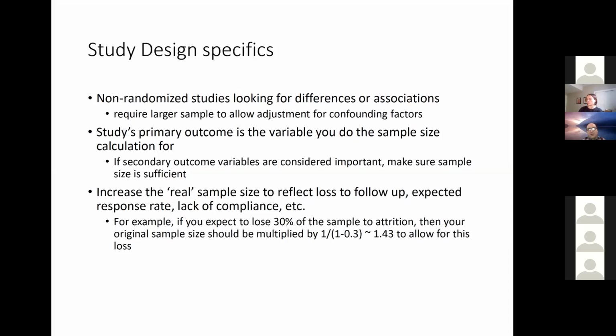So kind of the distinction between primary outcomes and secondary outcomes is that the primary outcome is the one you do the sample size calculation for. And then, if there are secondary outcomes that are important, you just kind of want to be sure that the sample size is adequate. And then some secondary analyses, like subgroup analyses, are just things that people kind of understand